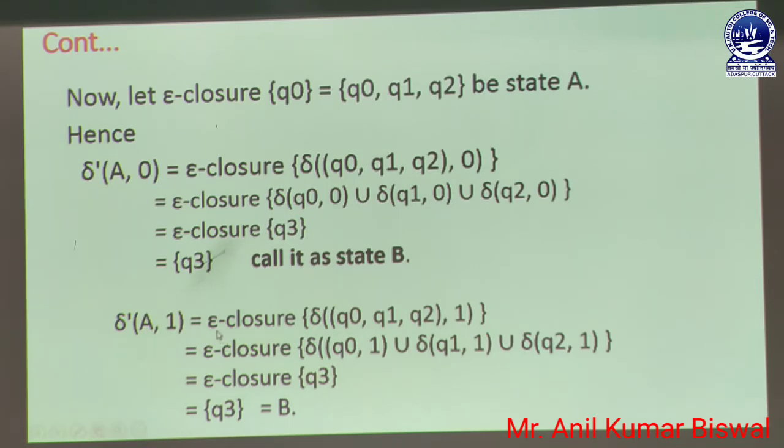If we want to calculate the epsilon closure of a set or a state, at that moment we must create a transition. Here it shows the transition of Q0, Q1, Q2 taking an input symbol 1. When we put this input symbol 1, it opens into three parts of transitions, as shown in the slide: the epsilon closure of the transition of Q0 with input symbol 1, union the transition of Q1 with input symbol 1, union the transition of Q2 with input symbol 1. Similarly, we calculate all the transitions.